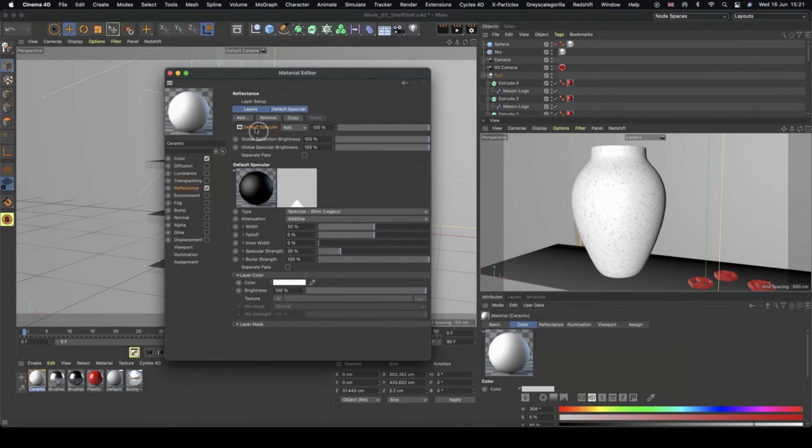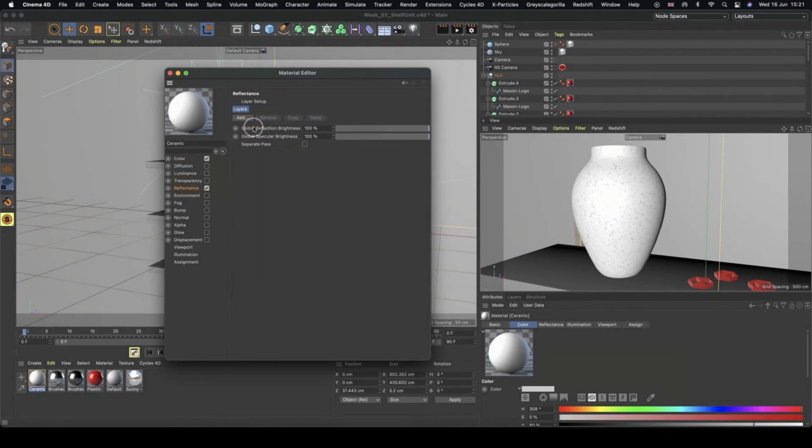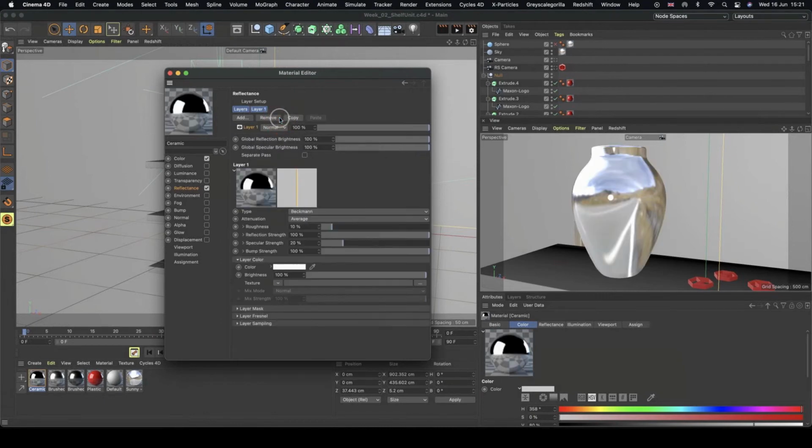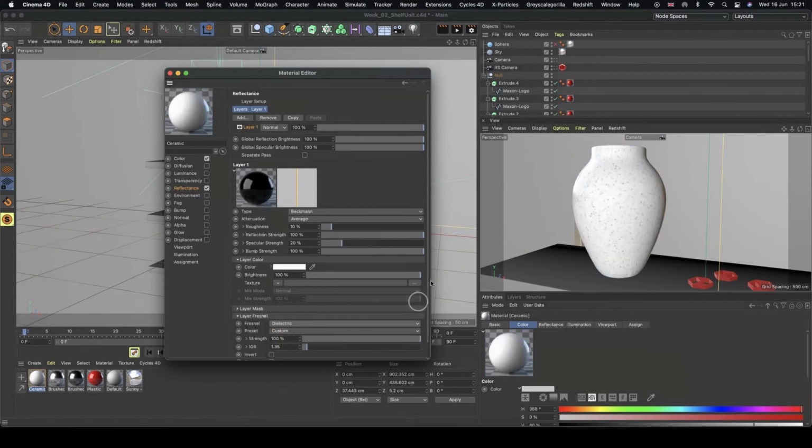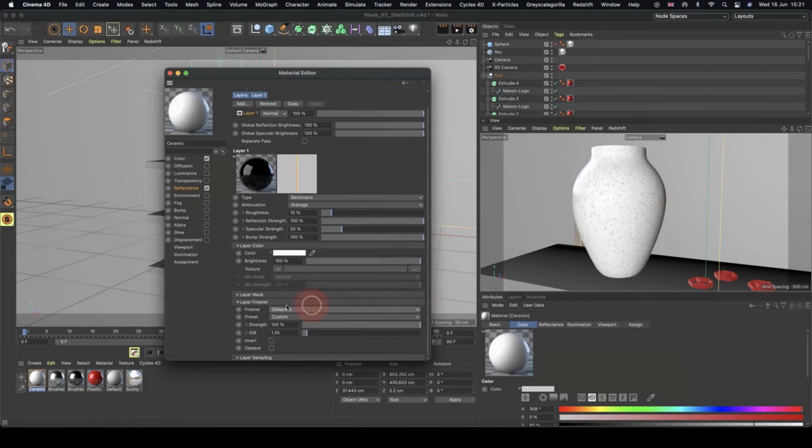And so we're going to come into our reflectance again. We want to make sure we delete our default specular, and we're going to add a Beckmann. And we just need to change our Fresnel again to dielectric. And I'm going to leave it on custom, but at the moment it's a little bit too shiny for my liking. So I'm just going to increase my roughness a little bit,